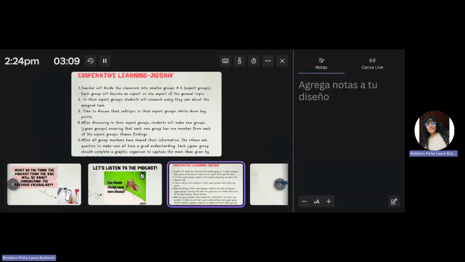So this is the third phase, the post-listening activity. The name of this activity is cooperative learning GSAG. I'm going to explain what the activity is about. I will provide the students a general topic, which in this case is climate change and